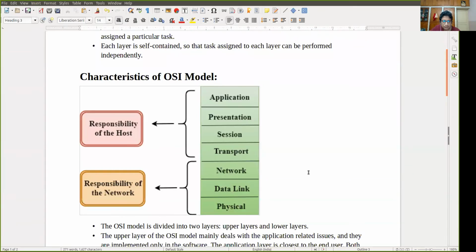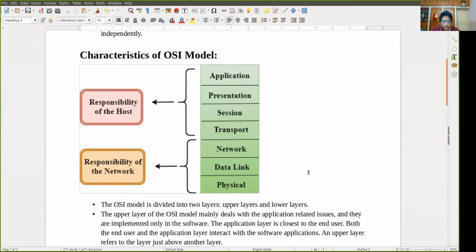Suppose now I'm sharing one note with you. I'm just trying to make you understand. Suppose these are the layers: physical, data link, network, transport, session, presentation, application. From the application layer coming to the presentation layer, the job of the presentation layer is to make your data presentable to other machines.